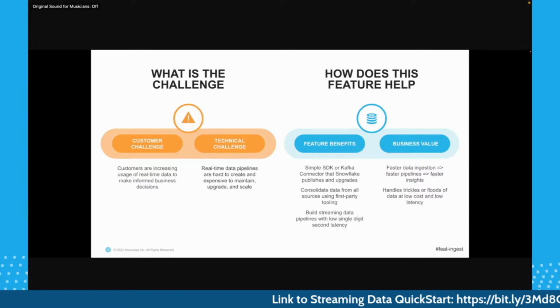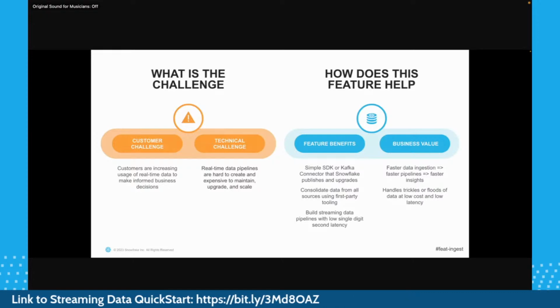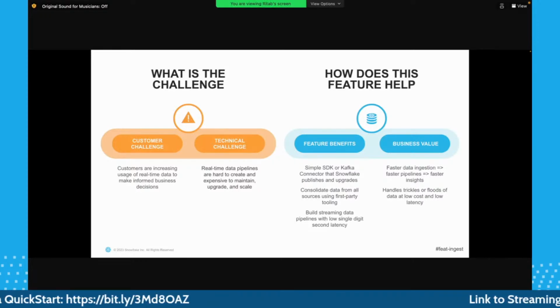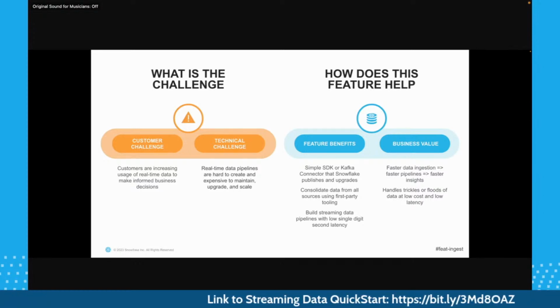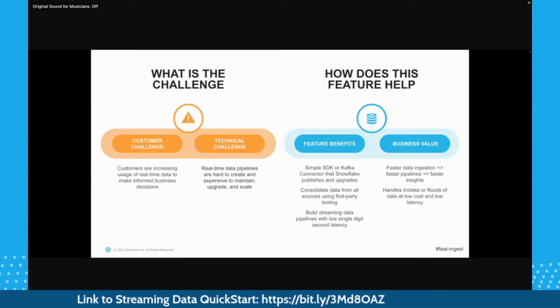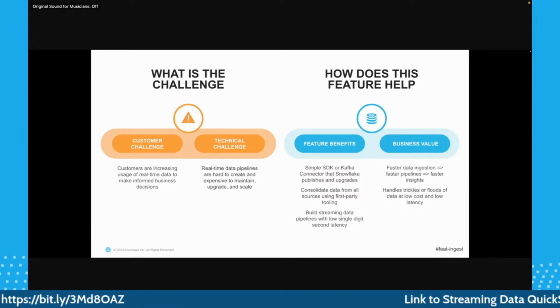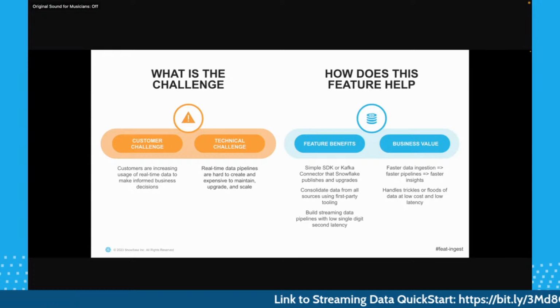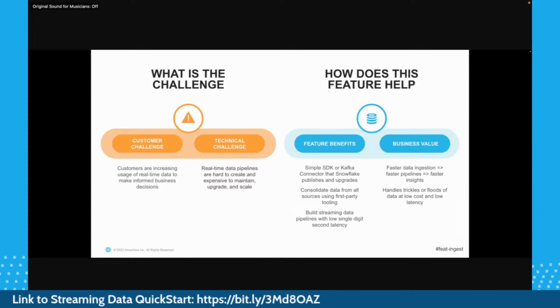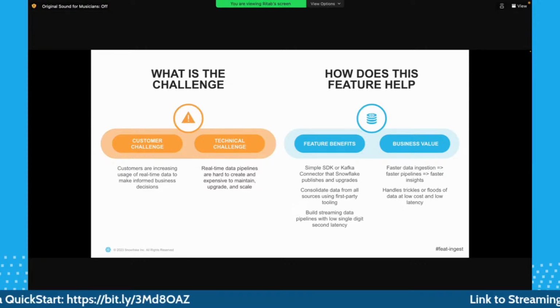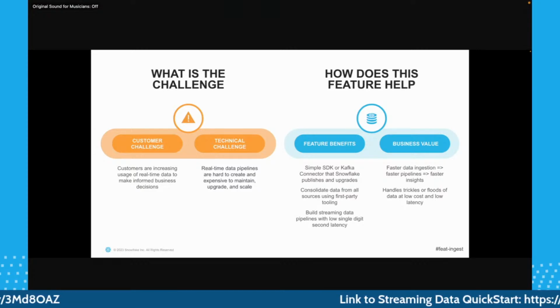Now, the moment I talk about streaming, another question that we often get from our customers is, do I have to manage it? How expensive is it? And if my number of sources increase, or if I have a sudden burst of records coming in on a big weekend sale, is this particular framework going to scale? The answer is yes for all those pointers. It can scale on its own. It is super cheap, and it is serverless, right? So that means you have zero admin tasks.